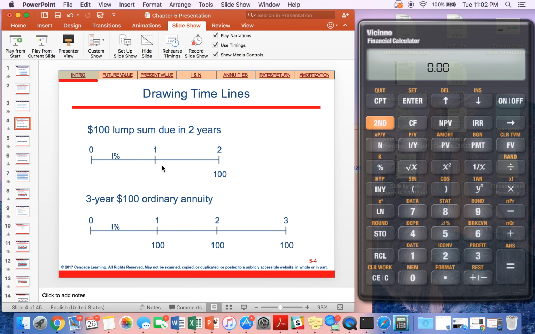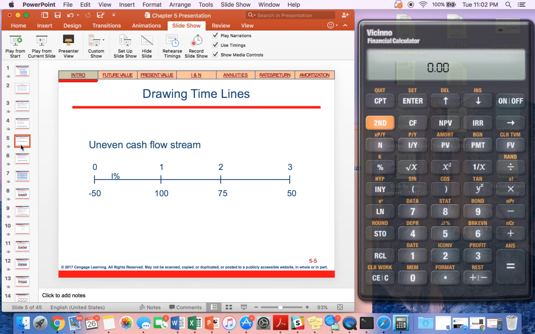So if you look at that second timeline down there, think about a savings account. You are putting $100 in your savings account for 3 years, every year. And so you have 3 individual payments of $100 to that savings account, where the lump sum was just one entire lump sum of money. So as you go through these problems, drawing that timeline can be very, very helpful to help you better understand